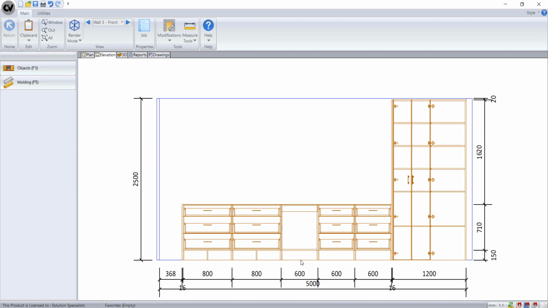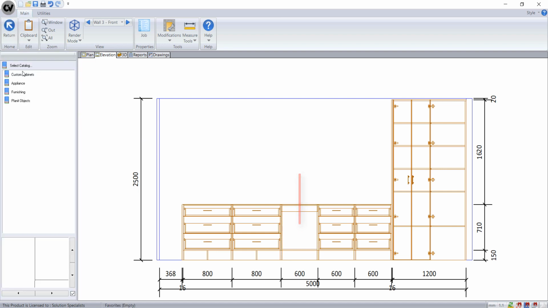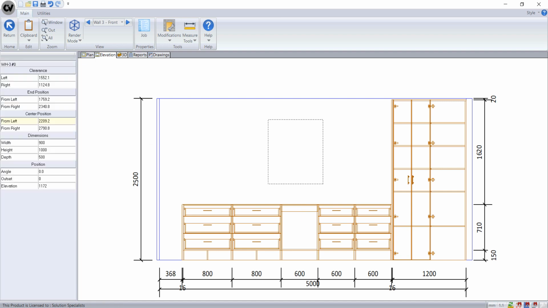Now that the floor cabinets are all in position, it makes it easy to align the wall cabinets above. Working from the oven cabinet centre position, we can start by finding a canopy range hood from the library and dropping it into place. This appliance's elevation and centre clearance can easily be adjusted using the properties on the sidebar